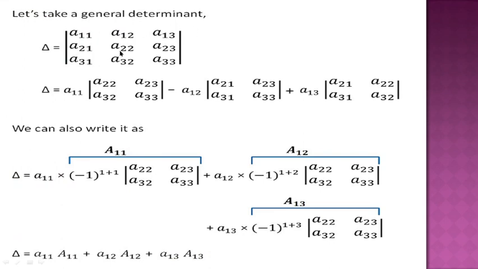Now let's take a general determinant. This is a general determinant. Now if we expand along the first row, for A11 we have to cross first row and first column, and the remaining 4 elements we will write in the determinant. For the next element A12 we will cross first row and second column, and then the remaining 4 elements we will write here. And now how do we decide this minus and plus sign? We decide by that concept only, minus 1 raised to the power sum of these two numbers, or simply we can say whenever this is odd, 1 plus 2, 3, which is odd, we have to take minus, and whenever this is even, 1 plus 3, 4, this is even, we take the plus sign.